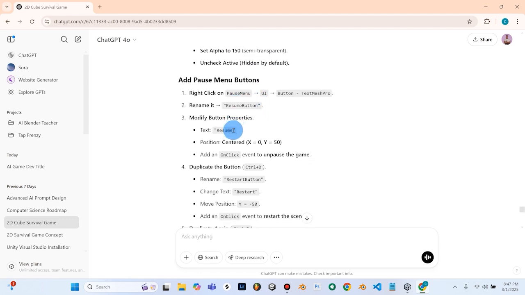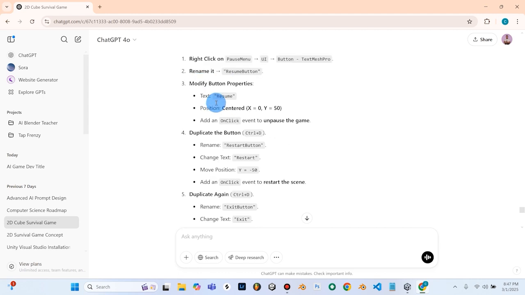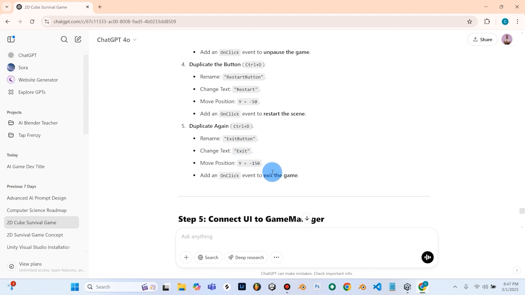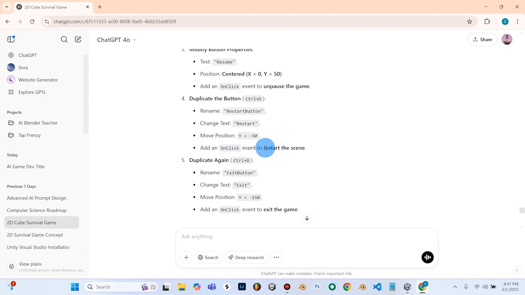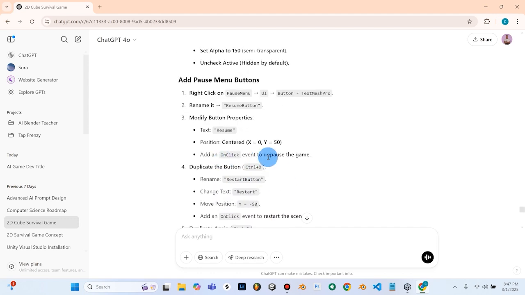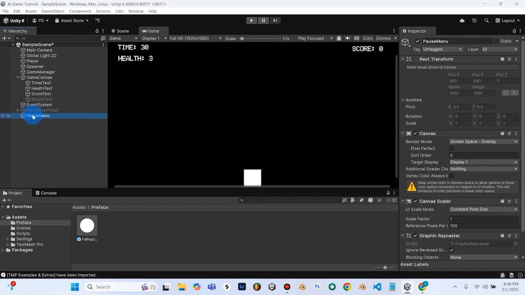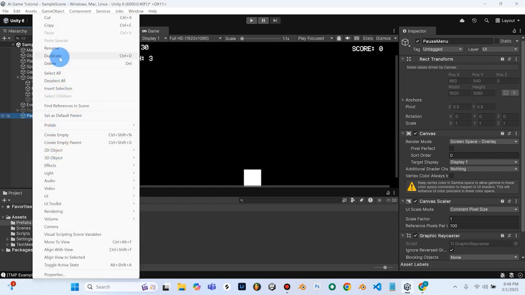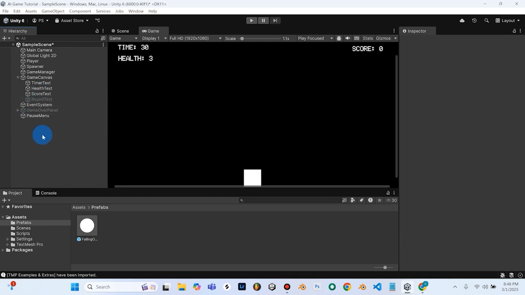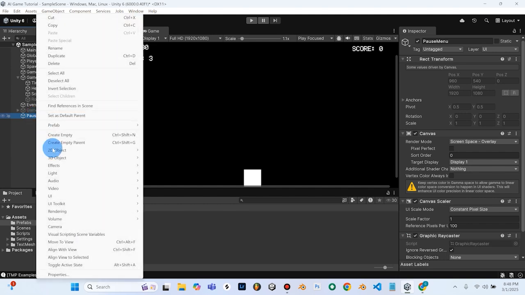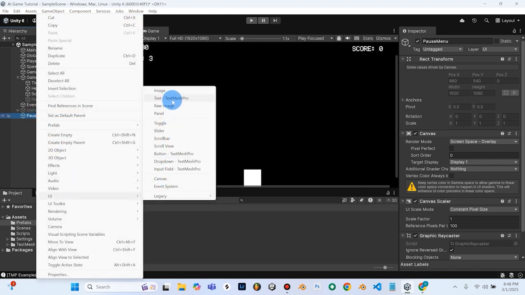So the very first thing we need to do is make a resume button. It looks like we're going to make a resume, a restart, and an exit button. So very similar to the game over menu, except this one we can access by pausing the game even if we don't lose. So we'll go ahead and create these buttons. Now that we've done this a few times, it's good practice to test yourself on whether you can do it yourself. So we'll hit the pause menu, right click, go to UI, go to